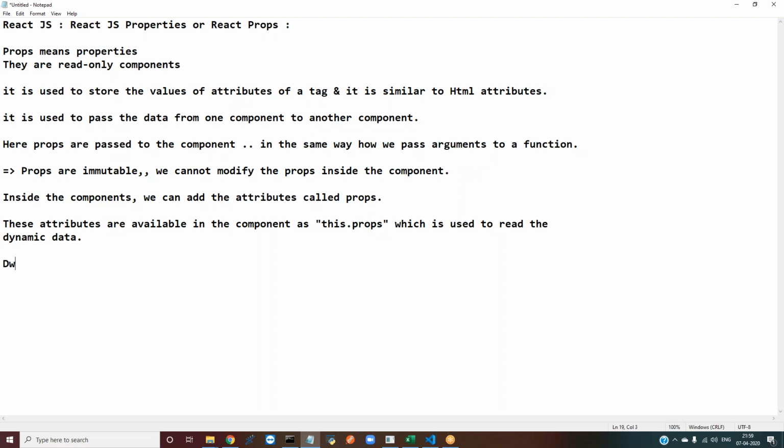Fine, take down default props. Okay, so take down some points.